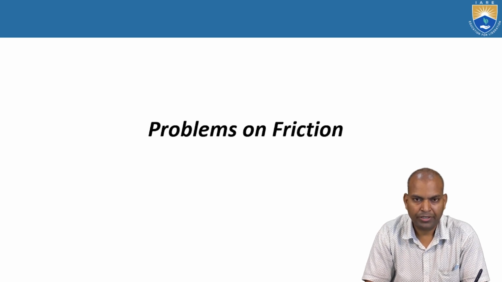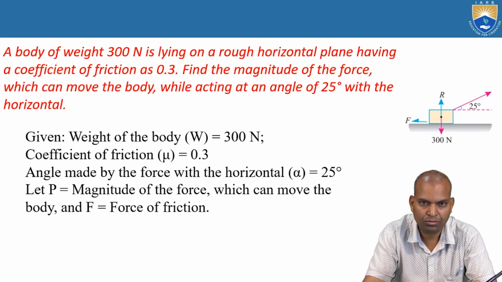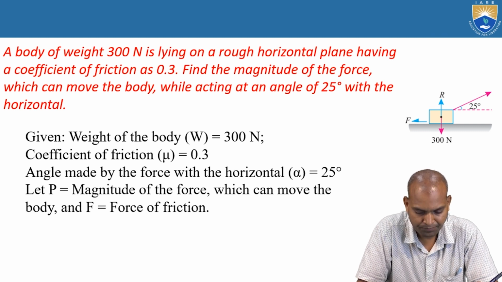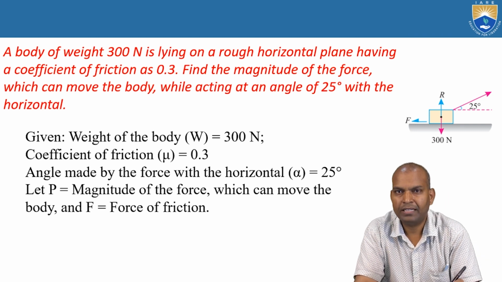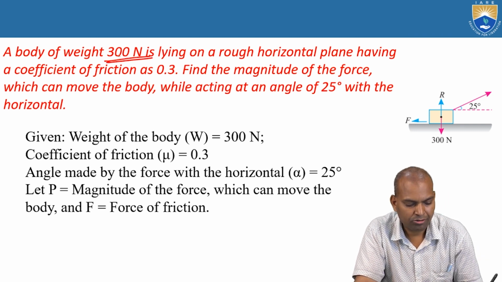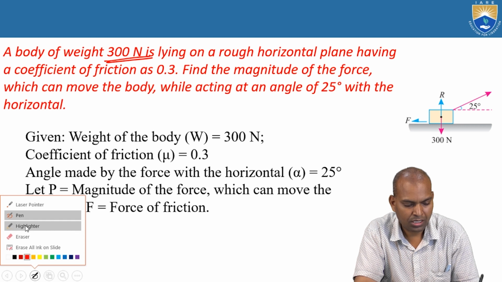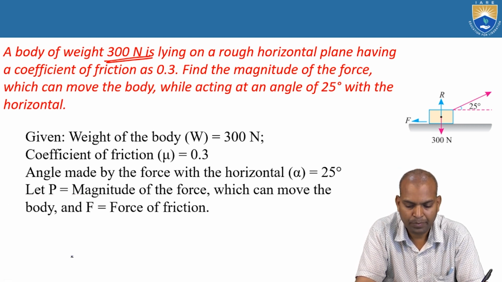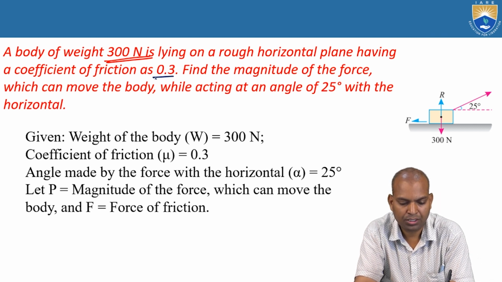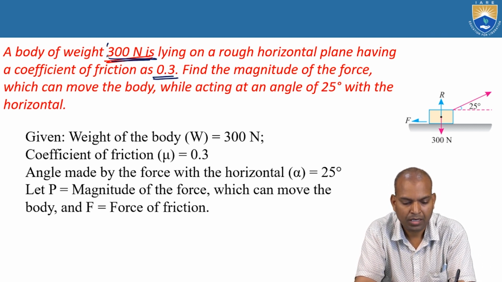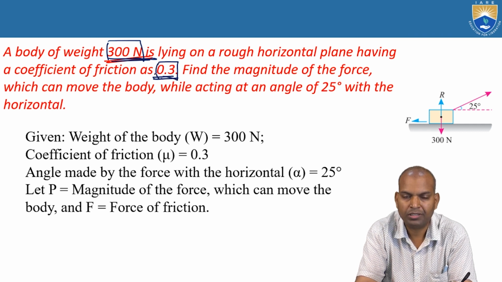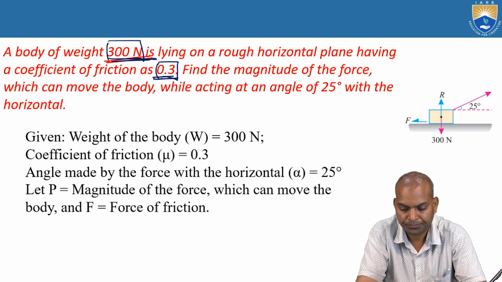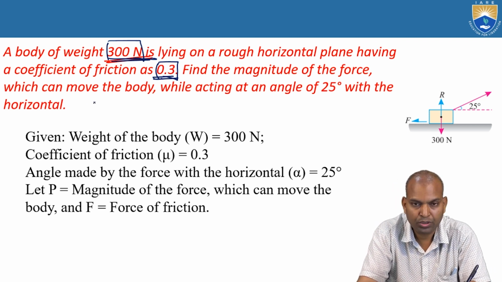Now we are going to solve the problems related to friction. Let us begin with problem 1. It's a very simple model. A body of weight 300 newtons is lying over a rough horizontal plane, having the coefficient of friction mu equal to 0.3. We have to find the magnitude of the force which can move the body,